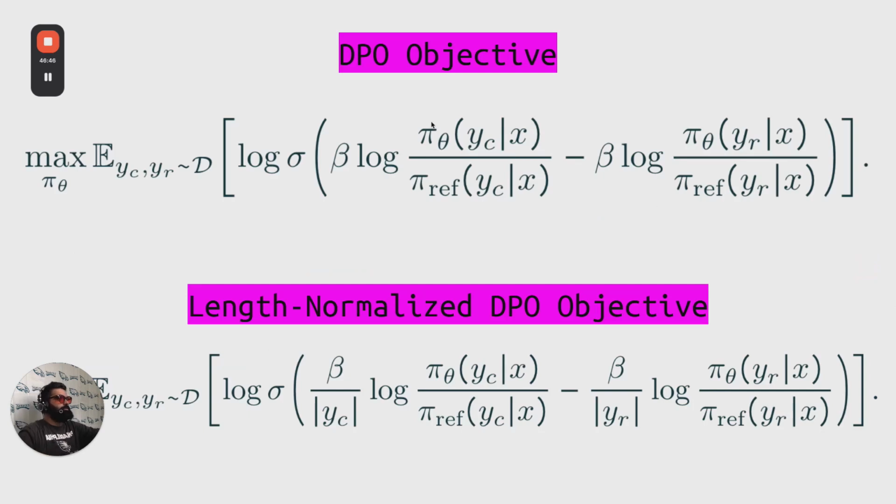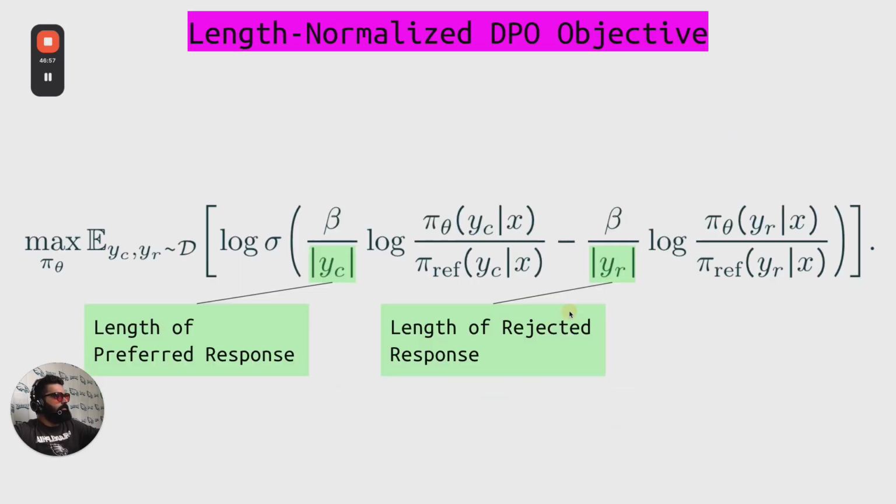The DPO objective at the top is what they did not use. They did try it out, but they found that the length normalized version is what actually gives them the best results. And what that length normalized version is doing is this kind of comparison between the model being trained,